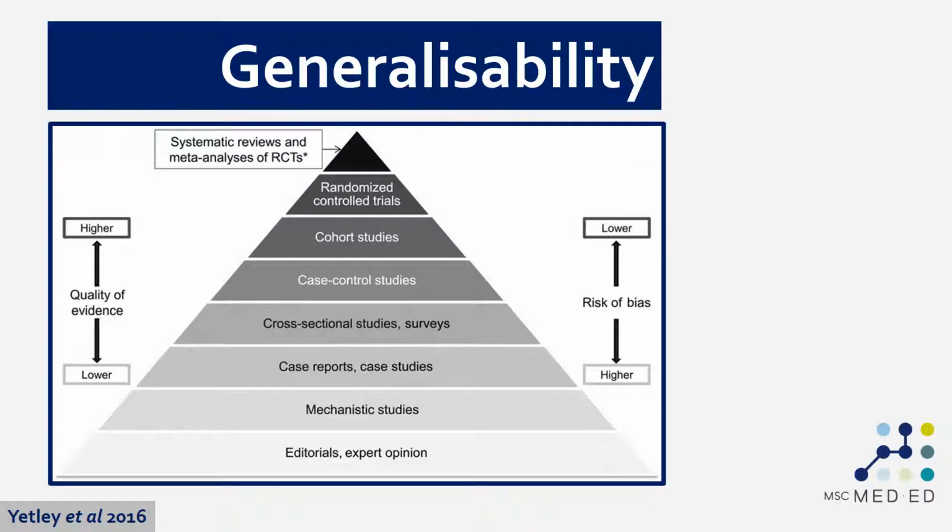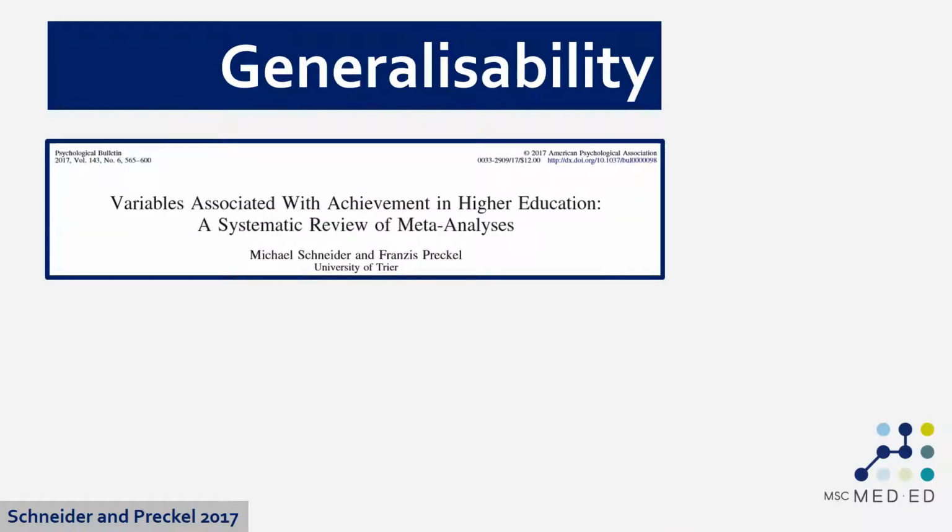Now, this sort of evidence, or hierarchy of evidence, is very common in clinical practice where we have a lot of systematic reviews and meta-analyses of randomized controlled trials and so on. It's less common in education. We do have systematic reviews of these sorts of trials, and the data from these we consider to be in many ways generalizable. This sort of evidence are things we focused on in other videos.